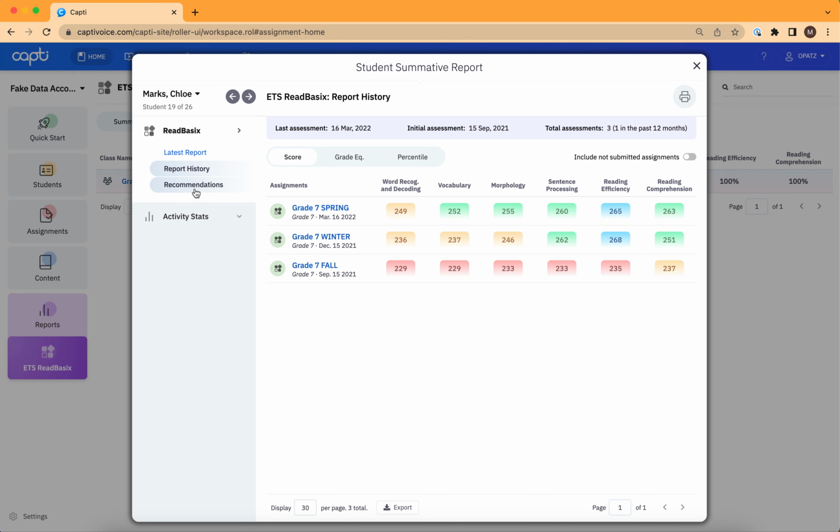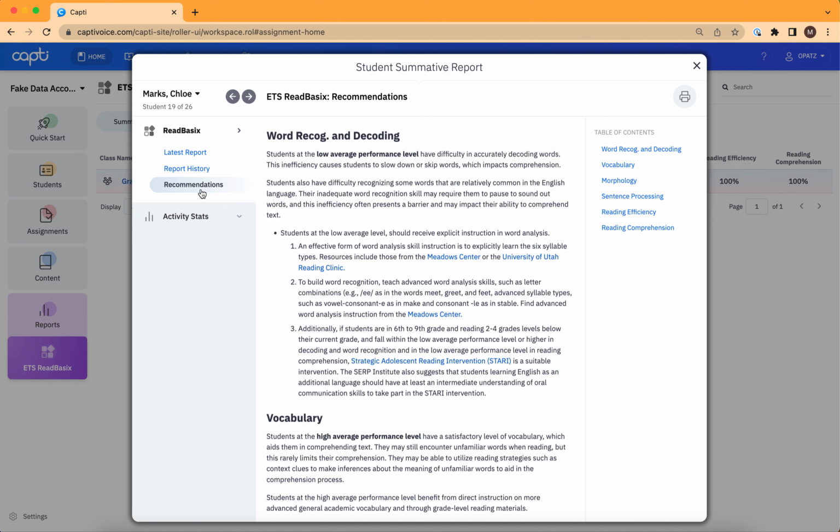So, her teacher used recommendations to really determine what type of skills to work with Chloe on throughout the year. So at the very beginning of the year, Chloe was this low average performance in word recognition and decoding. She was below that decoding threshold, so her teacher looked for resources from the Meadow Center and the University of Utah's Reading Clinic, and she did some strategic intervention focused on phonics, but even more so than phonics, on word